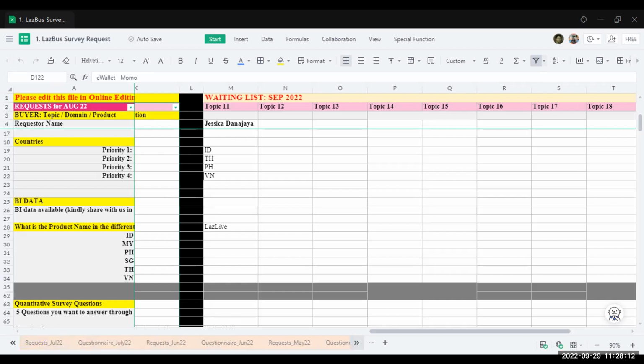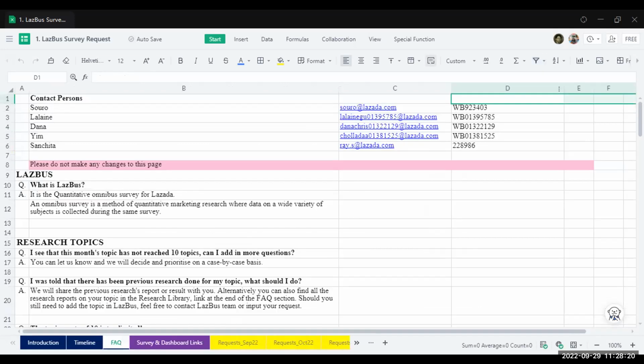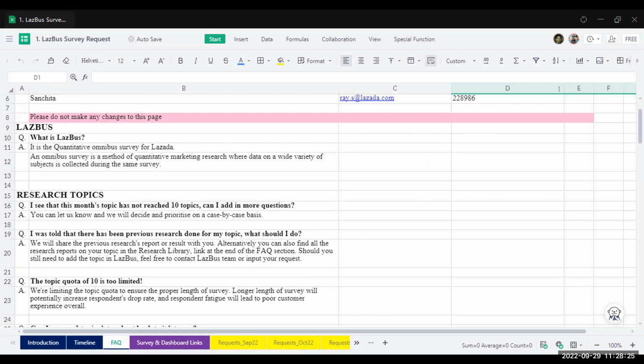There's a sheet called FAQ right up front. So Harris will just take you to that. This is basically where you can see all the FAQ related information about what is LazBus, how many topics you can send in, why is it limited, etc. And any other questions, mostly whether you can send in an NPS question, a PSAT question, can you repeat questions,